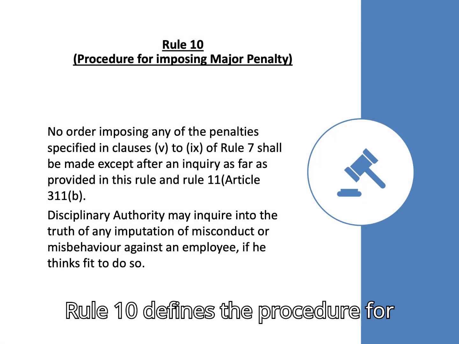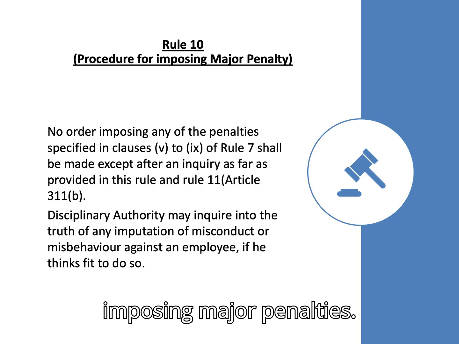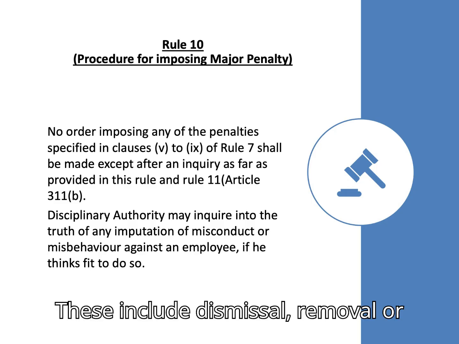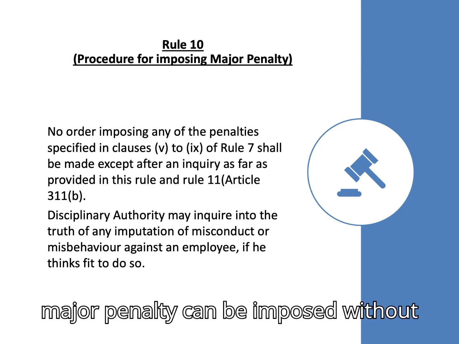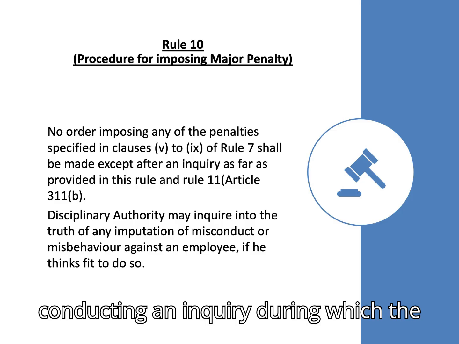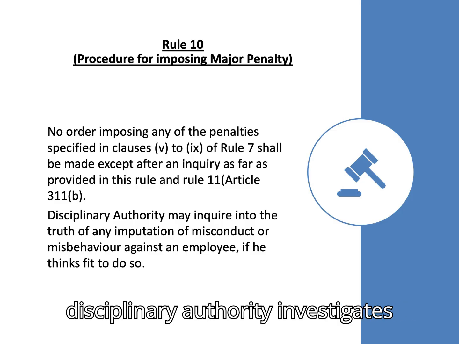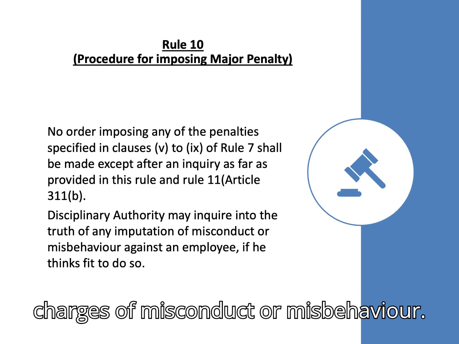Rule 10 defines the procedure for imposing major penalties. These include dismissal, removal, or compulsory retirement. No major penalty can be imposed without conducting an inquiry, during which the disciplinary authority investigates charges of misconduct or